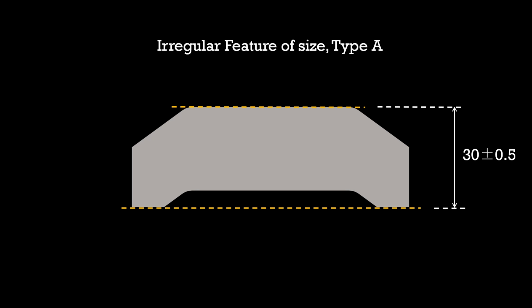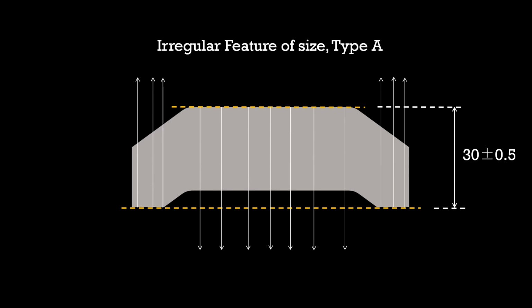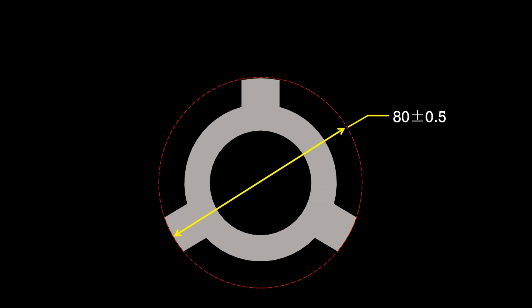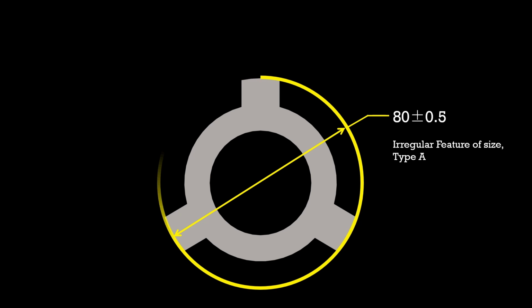For example, this 30 plus minus 0.5 mm is an irregular feature of size of type A. It doesn't have opposed surfaces, but has an actual mating envelope of a pair of parallel planes. Or this outer diameter 80 plus minus 0.5 is an irregular feature of size of type A, having a cylindrical